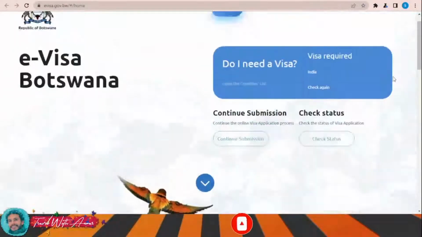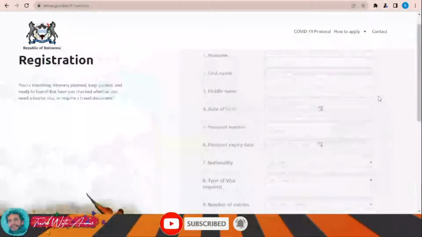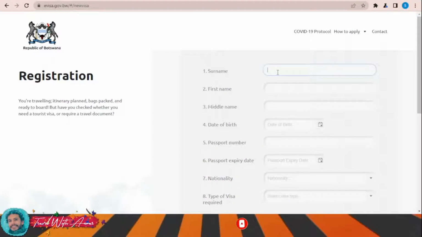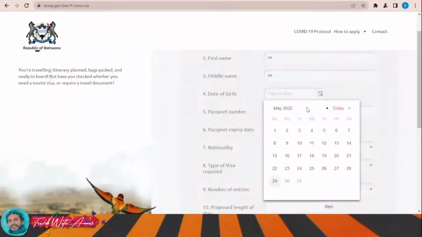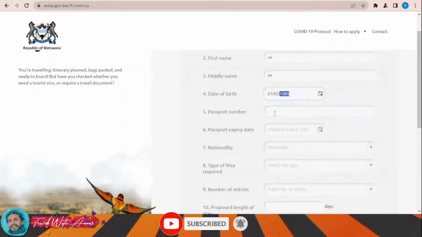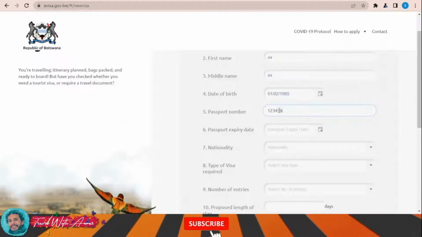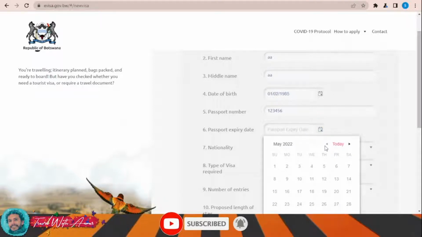And to apply for the visa, just click apply now over here, and you first need to register yourself using surname, first name, middle name if it exists, and your date of birth. Okay, let's say the date, for example, your passport number, passport expiry date, let's say it will be that date,